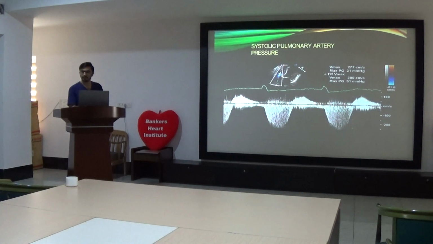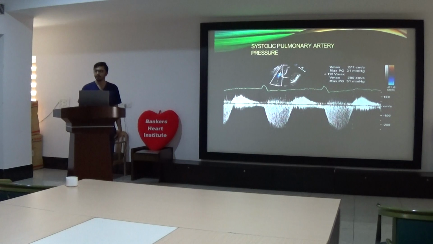See what is the sensitivity or specificity of this measurement compared to catheterization. Catheterization is invasive and is more accurate. When we read reports, sometimes 2-3 echocardiographic reports come with the patient. One suggests 25 millimeters of mercury RV pressure, another will say 35, the third will say 50. So different echocardiographers mention different RV pressures. Whenever we are in doubt, invasive is always better, but that is needed only in one case, to rule out an accident.